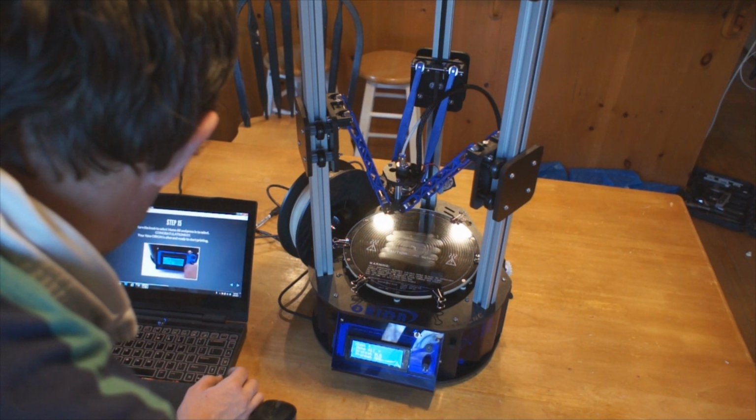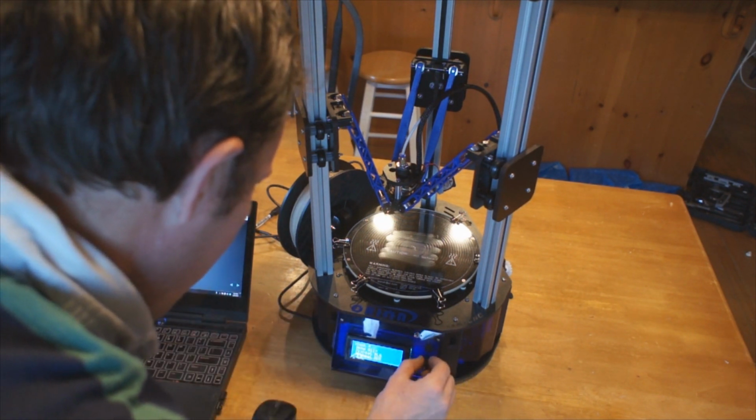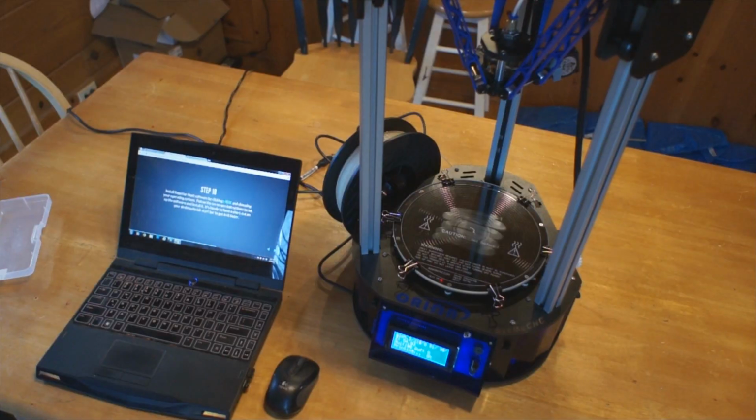And then they want us on step 15, turn the knob, select home all. So we'll go to home all. Oh, cool, look at that. Within about 5-10 minutes it heats up the platforms and the extruder tip, and it should start a print here